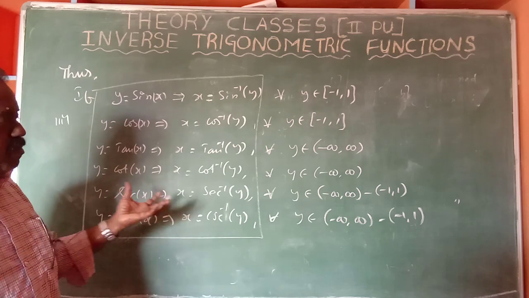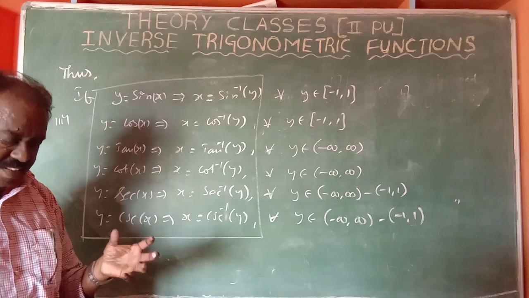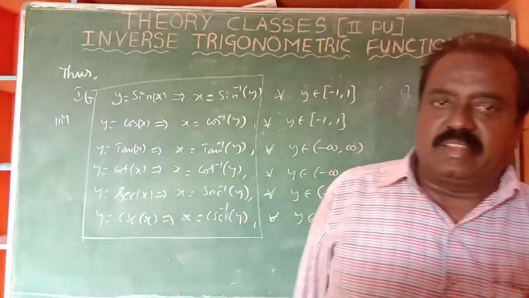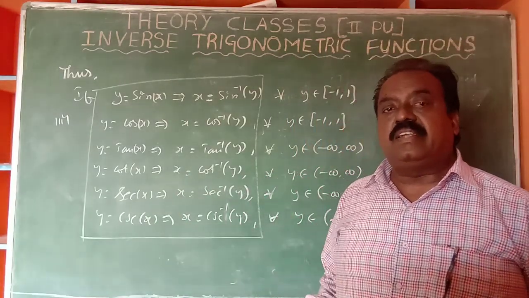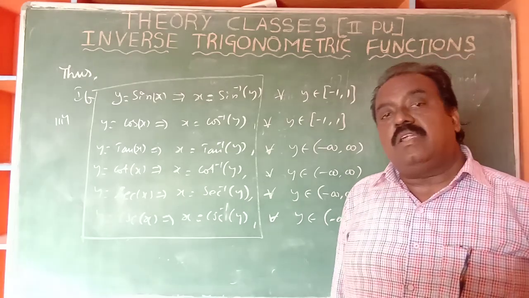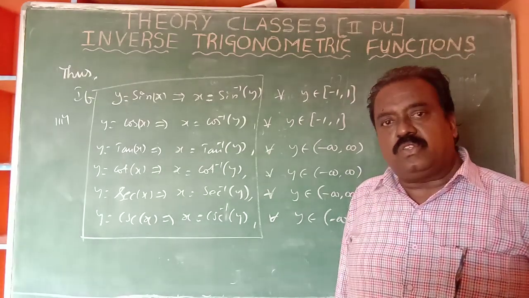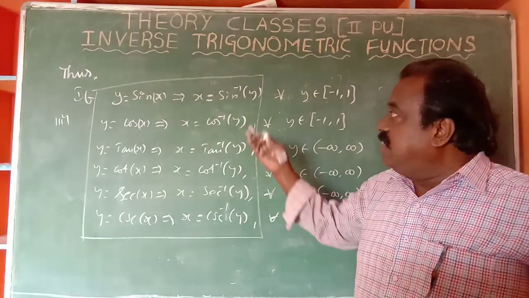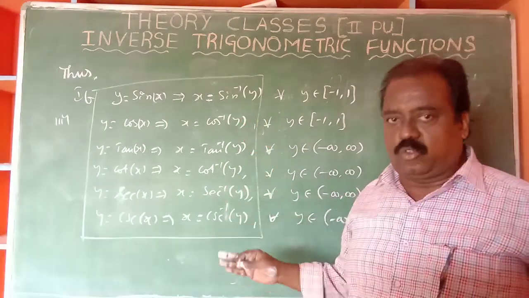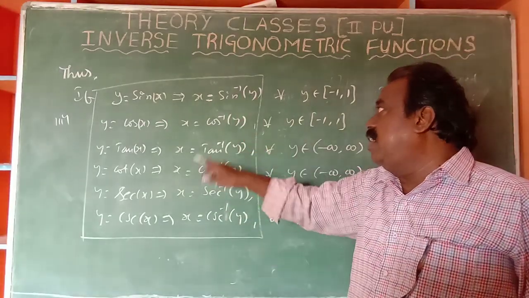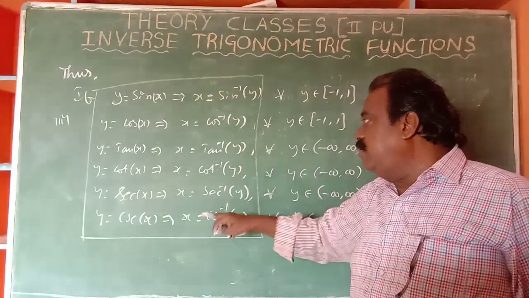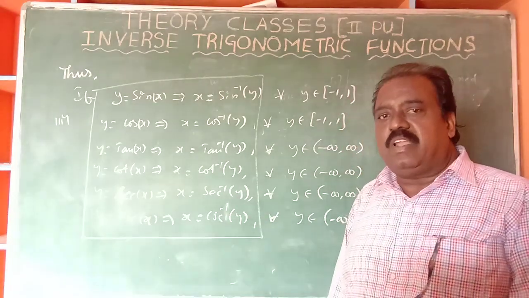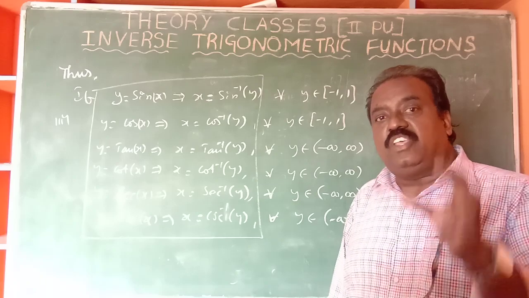You see, we may say very simply, there are 6 trigonometric ratios. Is it not? Sin x, cos x, tan x, cot x, secant and cosecant. According to the 6 trigonometric ratios, correspondingly there are 6 inverse functions. They may also be called arc sine, but leave it out. Arc sin y, arc cos y, arc tan y, arc cot y, arc secant y, and arc cosecant y. Corresponding to the 6 ratios, there are 6 inverse ratios also presented.